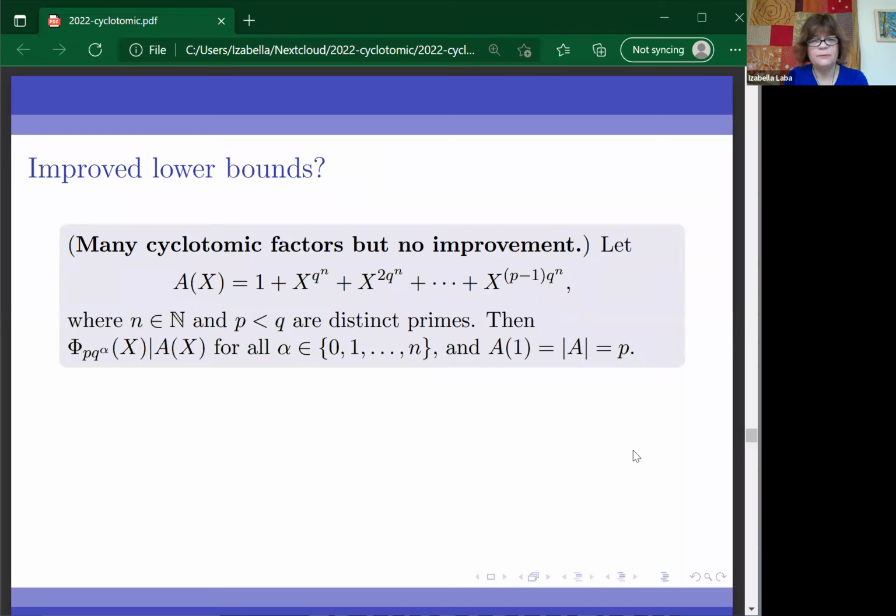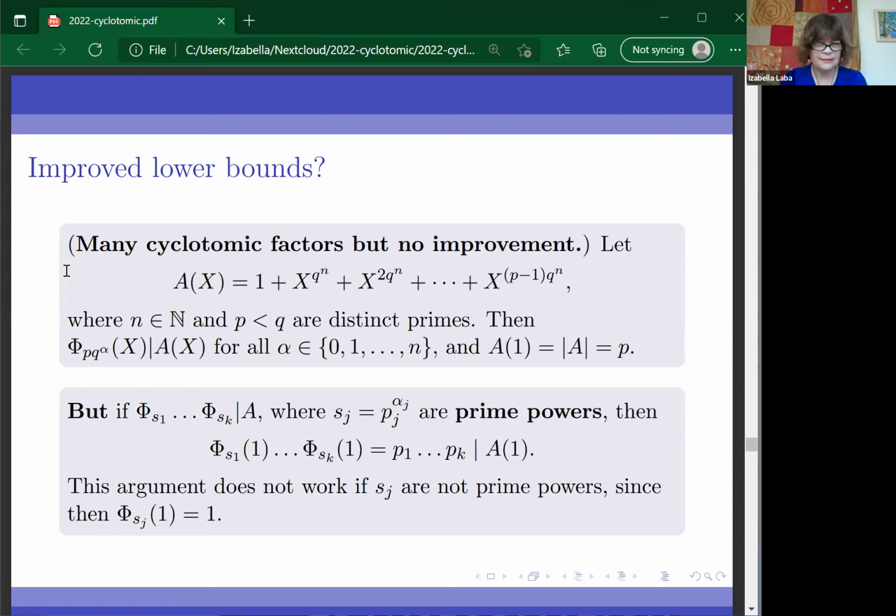Turns out that in general, this is not possible. If I take an A of the form given here in the explicit example, then this has a lot of cyclotomic divisors. Specifically, I could take Φ_{pq}^α for all α between 0 and n. So n here can be as large as I want, but A(1) is still p. So no improvement like that. However,